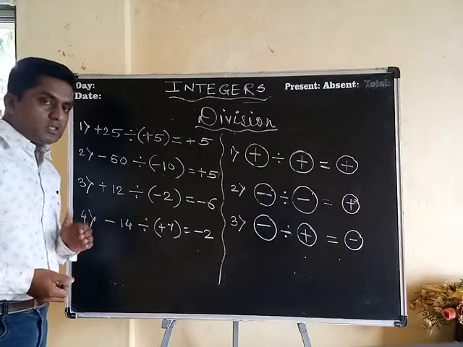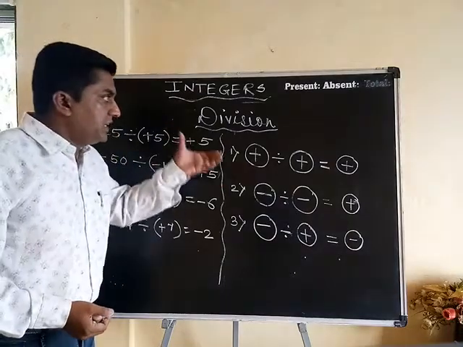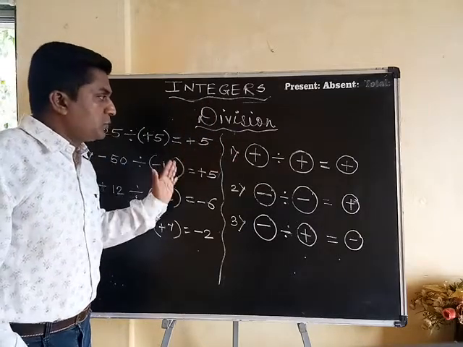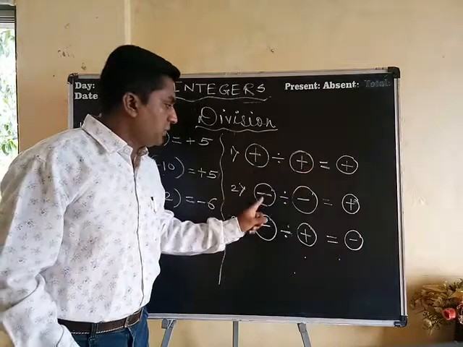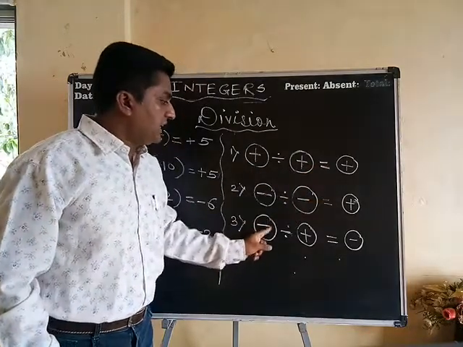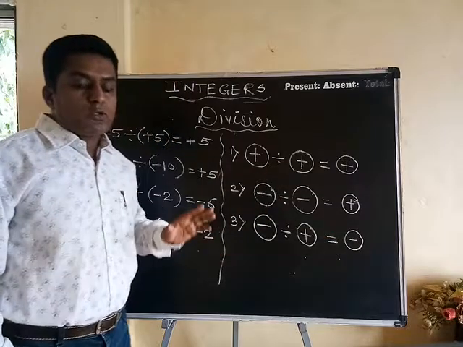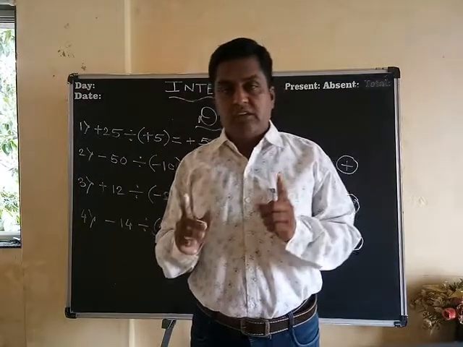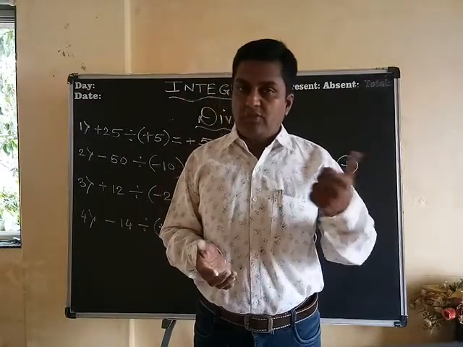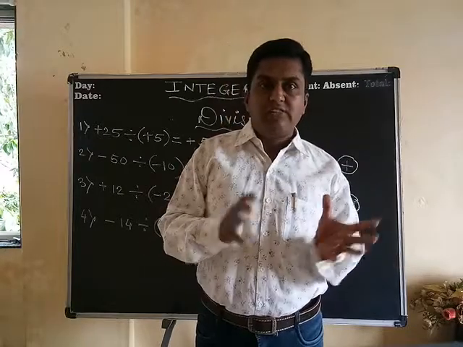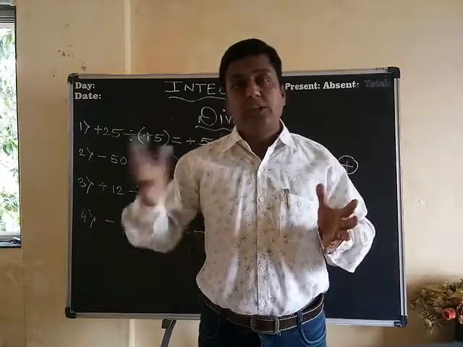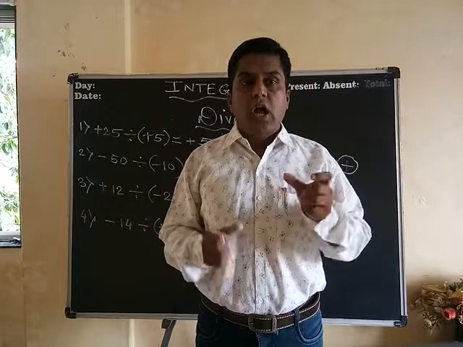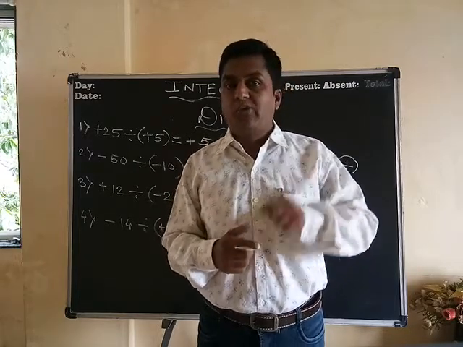So these are some of the rules which are related with division of integers. Okay everybody? So I have told you that this way you have to divide: positive divided by positive, positive; negative divided by negative, positive; and negative divided by positive must be negative. So students, these were some of the rules which we have discussed today. First I have discussed with you exactly what an integer is. As you have learned last year, the group of all positive and negative numbers are called integers, and addition and subtraction of integers you learned last year, and this year I have guided you how to multiply integers and how to divide integers.